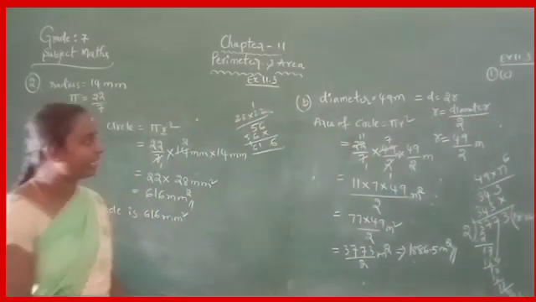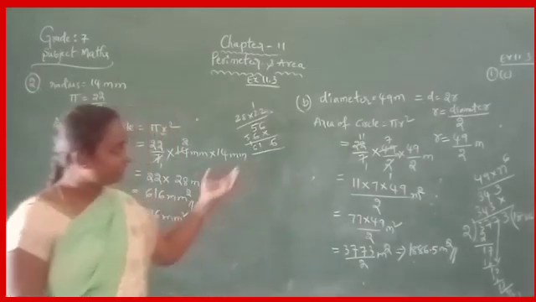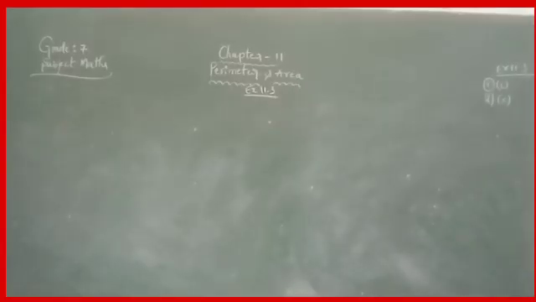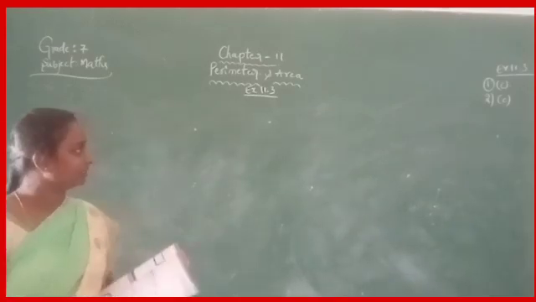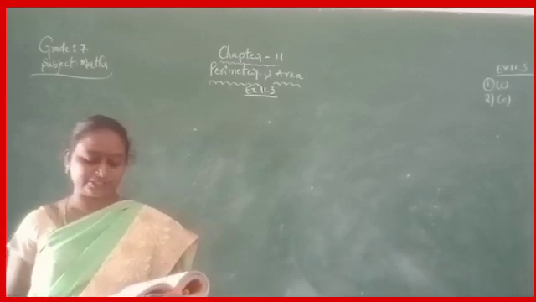So like this, you have to find the area of the circle. If they give the diameter, you will find the radius, and then only you can find the area of a circle. See, children, next to this I am giving you homework, so that you have to solve in the second problem. Next come to the third question.